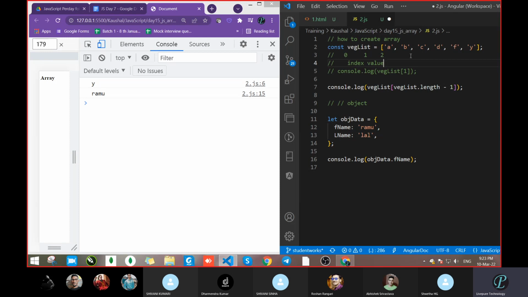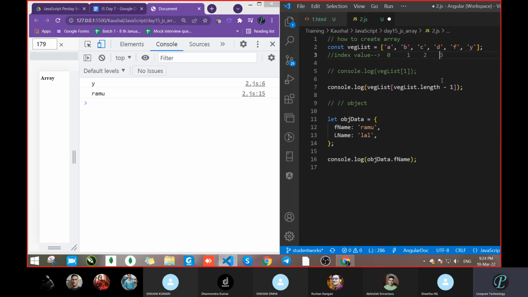So what is index value? Roshan, what is index value? The index value is the numbering of the position, like 0, 1, 2, 3, whatever the position of the data is. That is known as index.